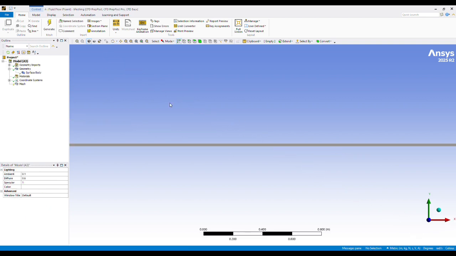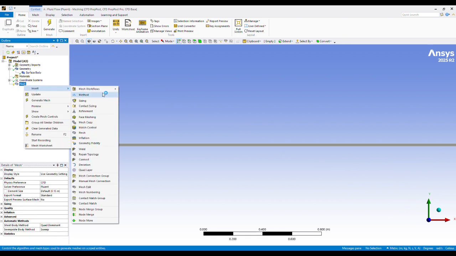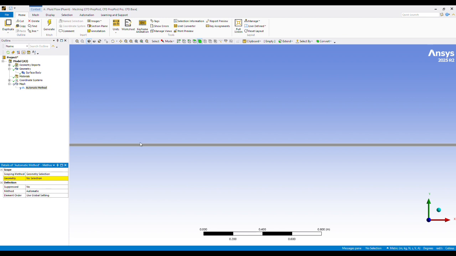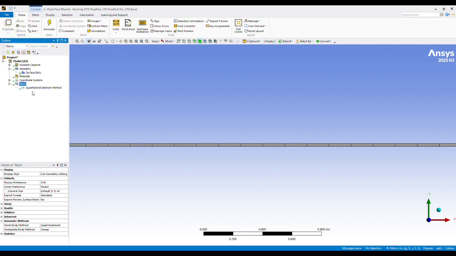Alright, get ourselves oriented again. Okay, just go into mesh, insert, method, select the surface, hit apply, and generate. So we got a mesh right here. And for the next part, we're going to select the inlet and outlet. So we go to edge select,